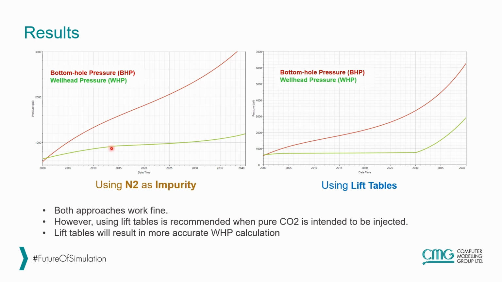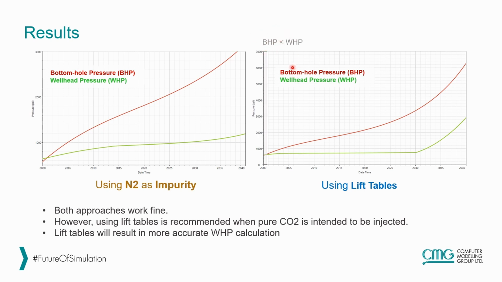Whereas in the impurity case, because we are creating a bigger two-phase region, during the two-phase region, the wellhead pressure is increasing. So if we look at the lift table approach, we see four main parts in the life cycle of a CO2 injector. At the very beginning, where the friction component is dominant, the bottom hole pressure is less than the wellhead